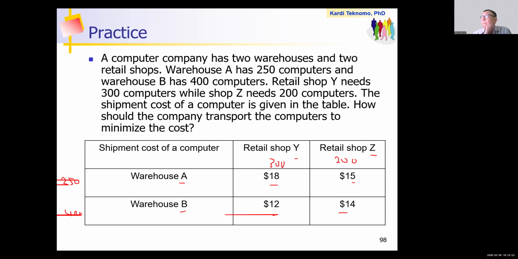I think the decision variable is to lessen the cost. We need to meet the demands of retail shop Y and retail shop Z while minimizing the transport cost of each computer for their demand. So how many variables do you have in here?